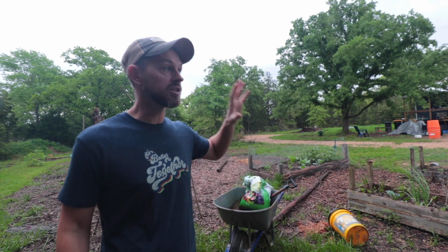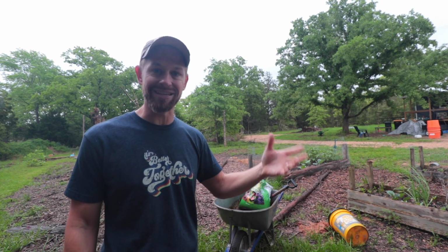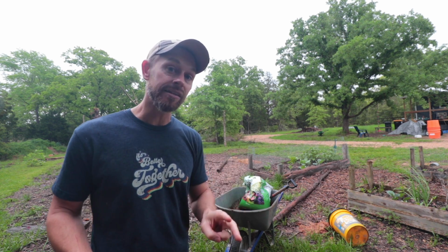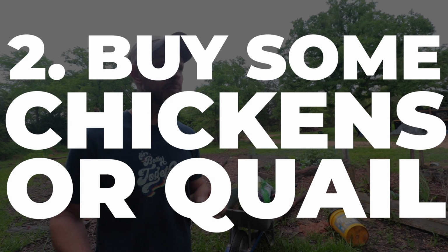We also stocked up on almond butter and peanut butter, because that's what our family eats, a lot of almond butter and peanut butter. I'm getting rained on, so I gotta go kind of fast. The second thing that I would do is start raising either chickens or quail, because there is an egg shortage